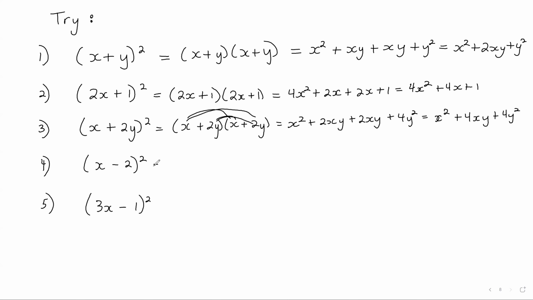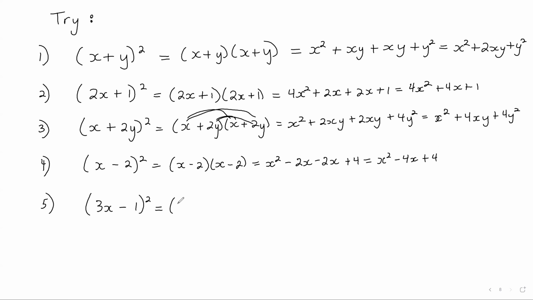And then here I have x minus 2 all to be squared, so that'll be x minus 2 by x minus 2. And that gives me x times x, which is x squared, and then x times minus 2, which is minus 2x. Minus 2 times x is minus 2x, and minus 2 times minus 2 is plus 4. So this gives me x squared minus 4x plus 4. And the last one,